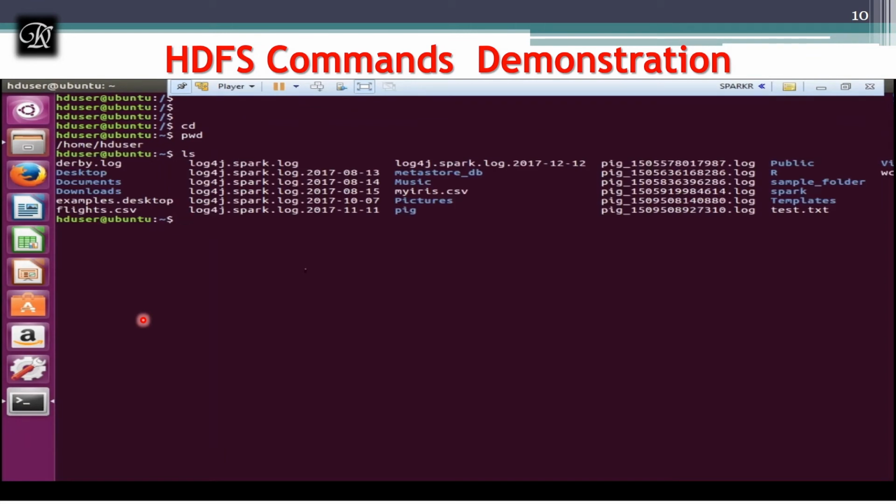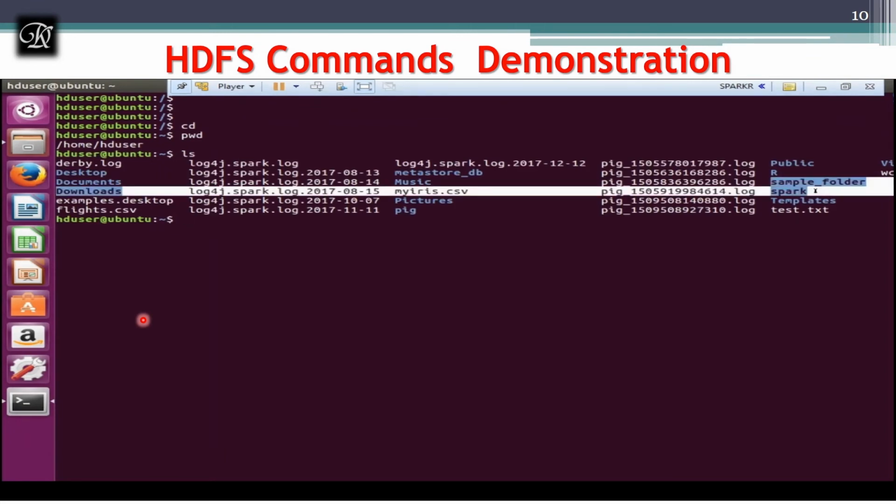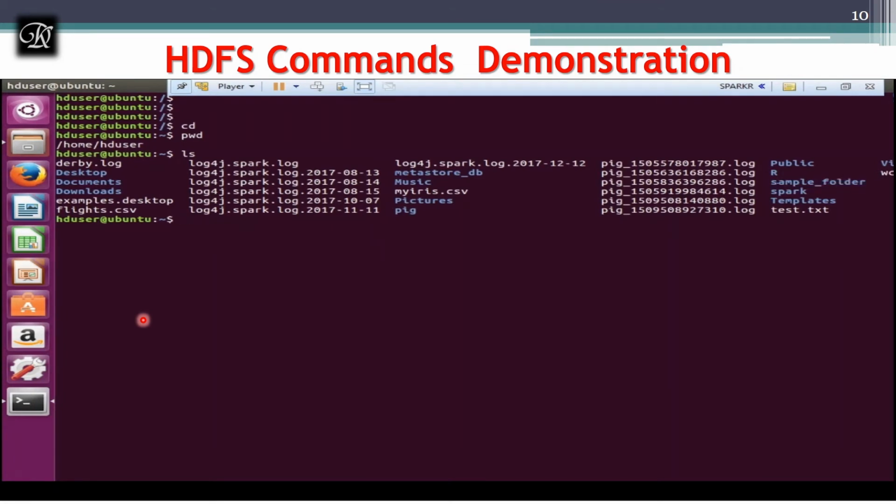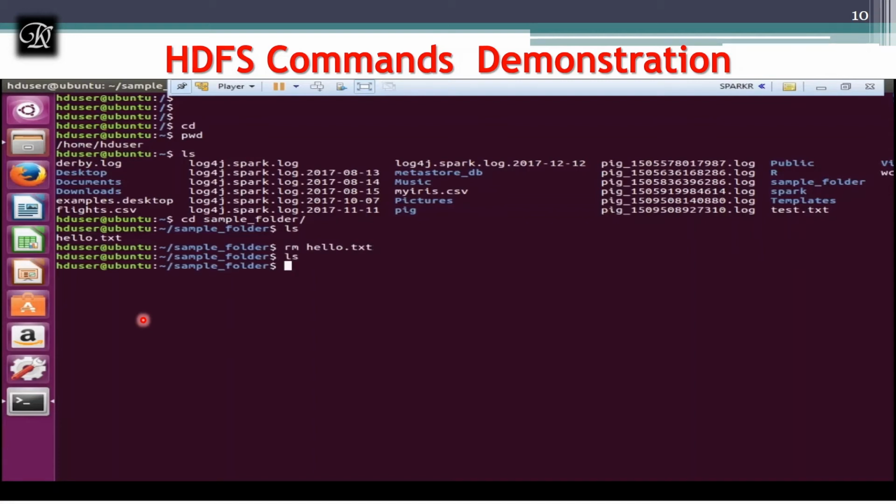Now this is the content of my HD user home directory, and you can notice I have a sample folder that I just created. Inside it, to change the folder, as I said, cd, change directory, I have a hello.txt over there. And to come back one stage before, we can use rm, as I told before, rm is used to remove the file, and rm -r is used to remove the directory recursively.